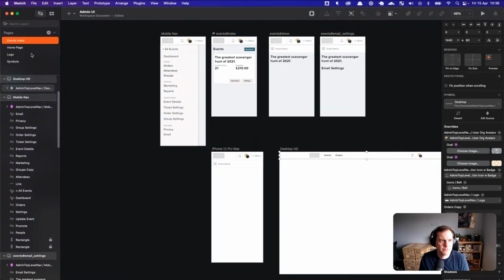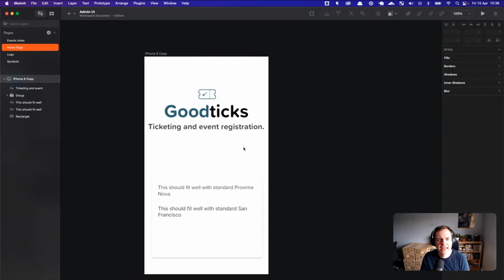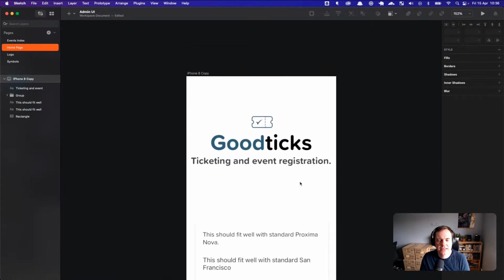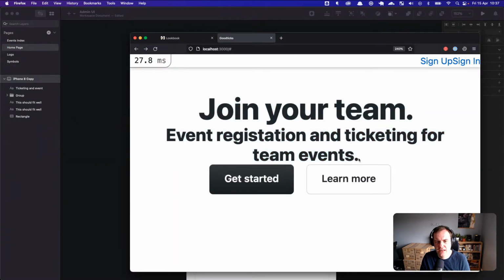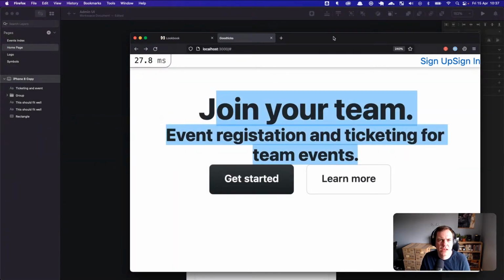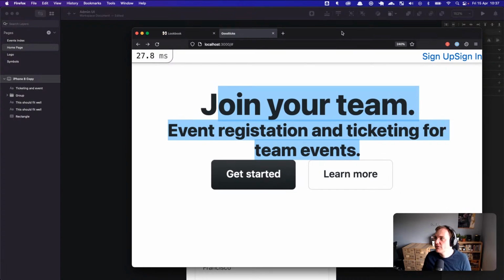I think another thing to mention here is, the app that we're working on is a ticketing and event registration application. And the focus is around group tickets. That's sort of like the end goal that we've been working towards, which is why this was just some copy I threw together on the stream. And one of the things that's important to mention for anyone who watches this is that this